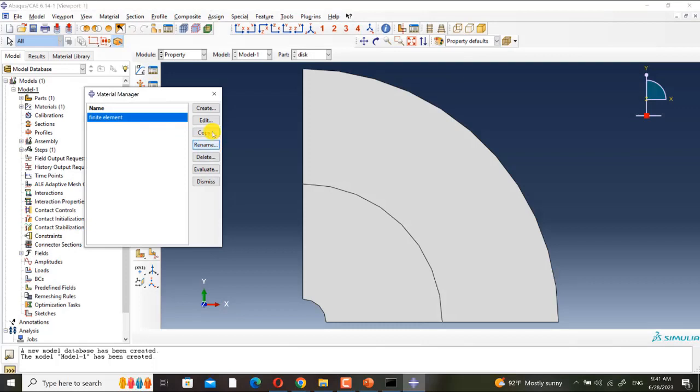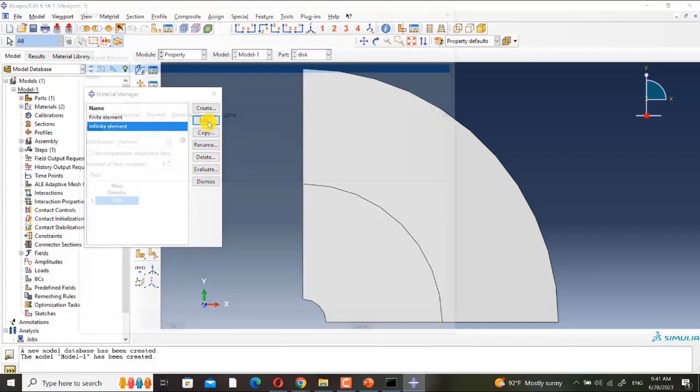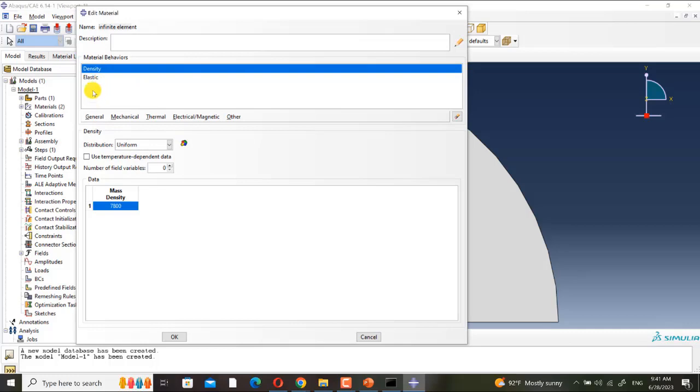I create a copy from it and name it infinite element. Also, it only contains elastic. But in other cases, you must edit it and remove plasticity, damage, and others.